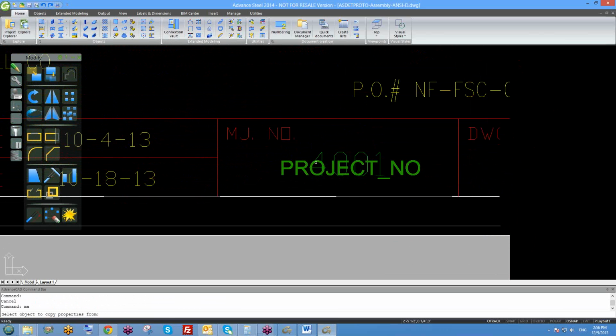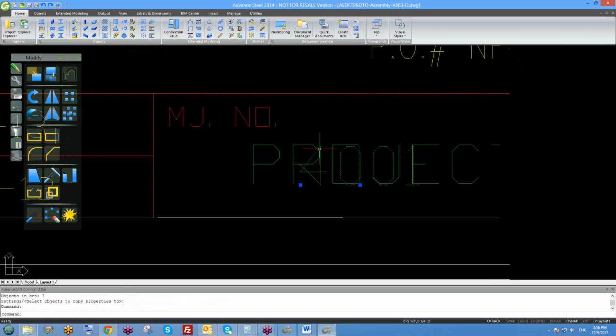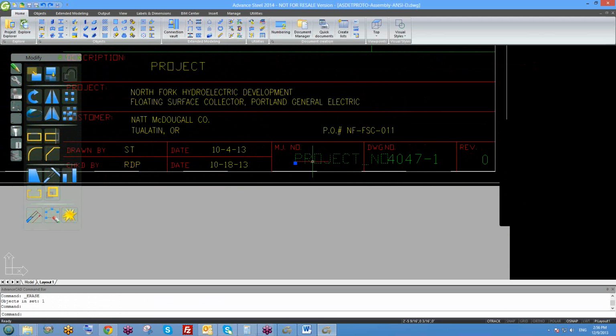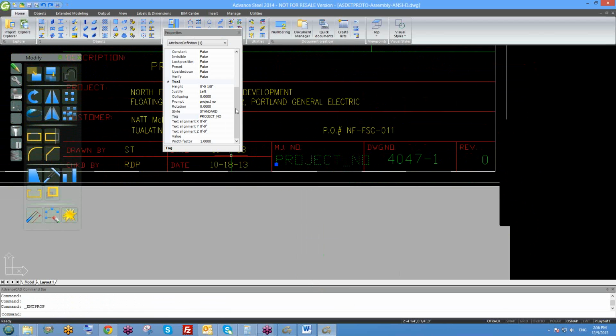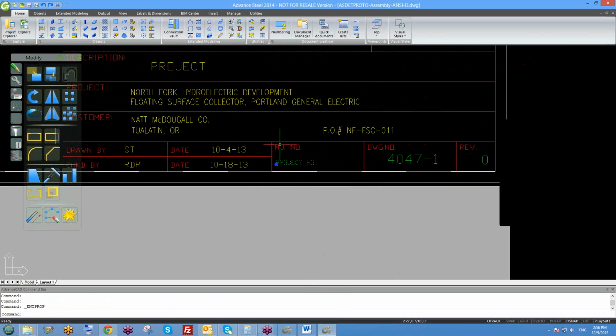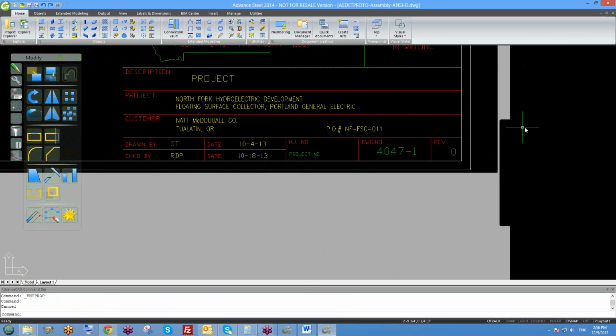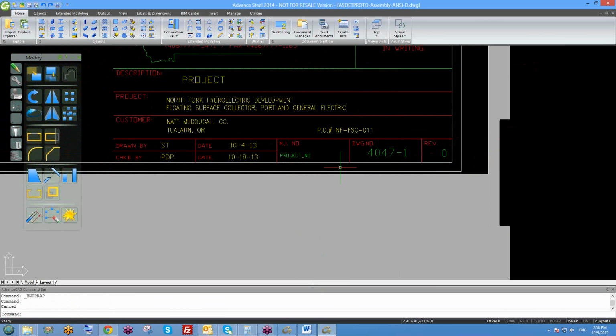Match properties. And you can do match properties at the end. It's too big here, so you can just go here and change the text size to 116 maybe. All right,